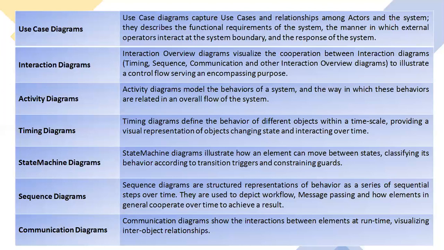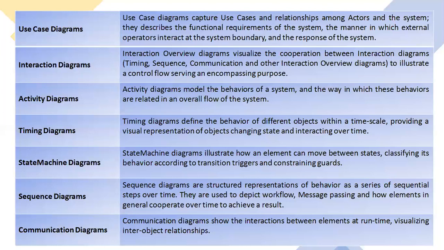Coming to the timing diagrams, these are UML interaction diagrams. They are used to show the interactions when the primary purpose of the diagram is to reason about the time. Timing diagrams mainly focus on conditions changing within and among the lifelines along the linear time axis. They are used to explore the behavior of objects through a given period of time, and the timing diagram is a special form of a sequence diagram.